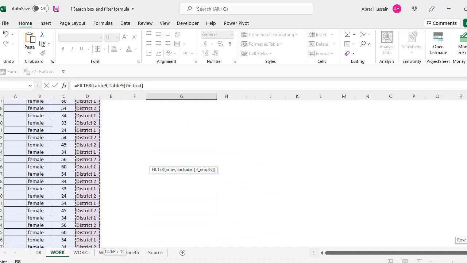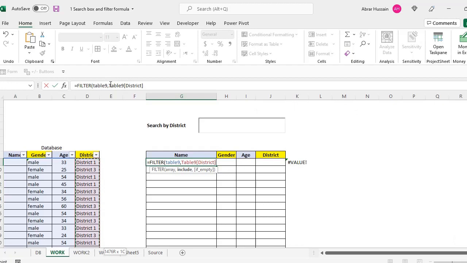Now you can see in the formula bar it has given it a name, Table 9 district. So this is the benefit of converting the database into a table. It gives you simple names, not those ranges and dollar signs.